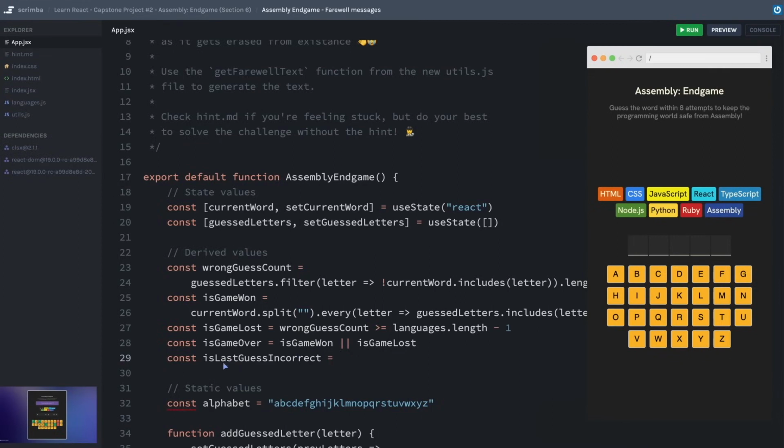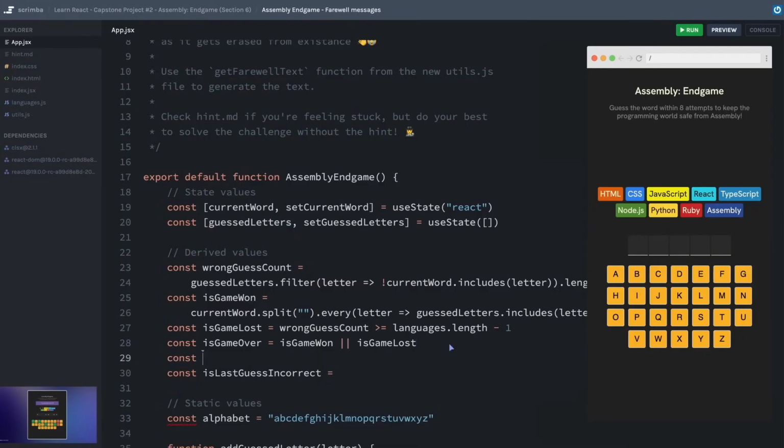Okay, well, I can get access to the last guessed letter by finding the last item in our guessed letters array. So maybe I'll do that separately just so that I can separate my logic a little bit. Let's say last guessed letter. That is going to be equal to the array of guessed letters at the index of guessed letters dot length, but then we have to do -1 just because of the 0 indexing. So this will get me the last guessed letter. It doesn't indicate whether it is correct or not.